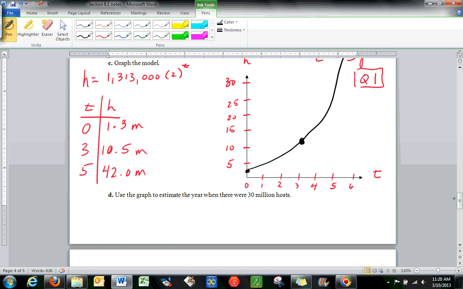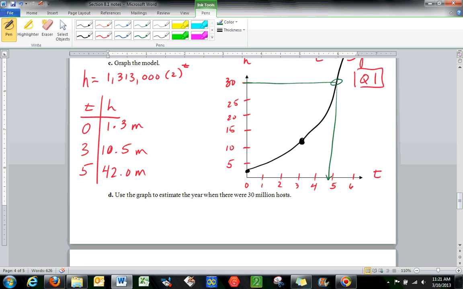Now, let's look at part D. It says use the graph to estimate the year when there were roughly 30 million host sites. And so what we're going to have to do is work backwards on the graph here. And so we know 30 million host sites or websites is about right here. So we're going to just take that over, and it hits somewhere in there for 30 million host sites. And you can see that I've probably done this fairly poorly